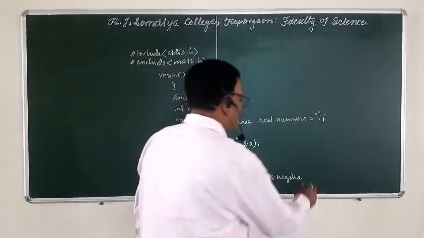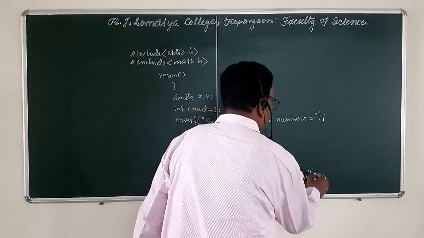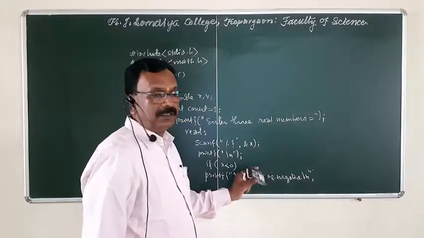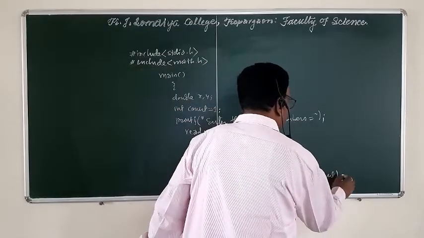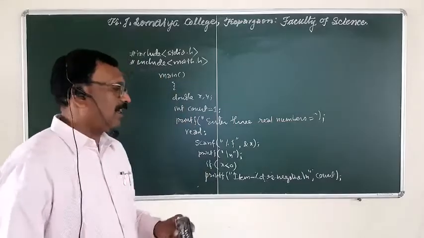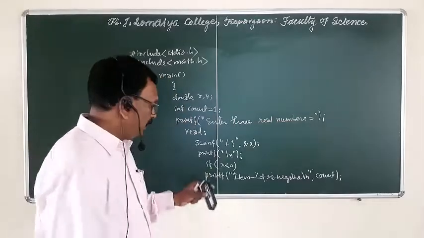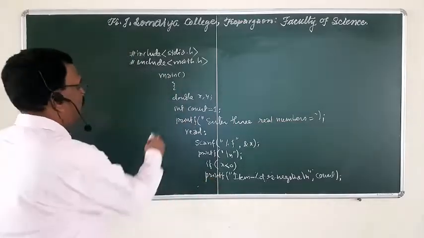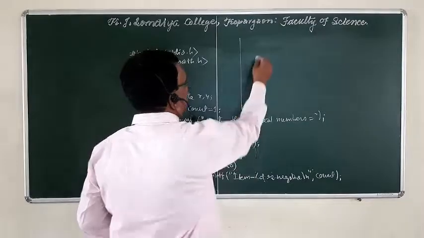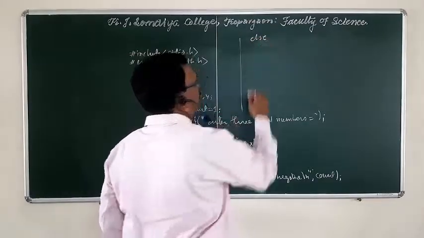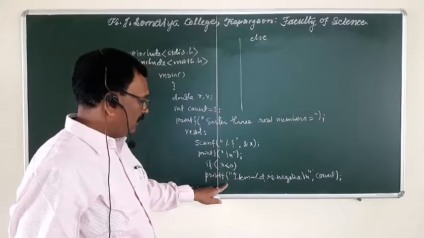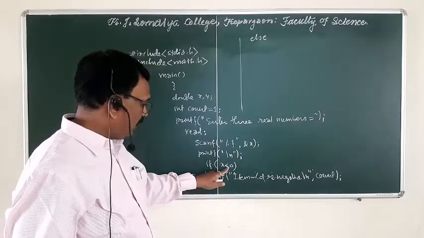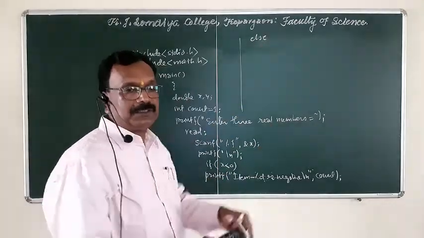We are going to display this on the screen. What do we want to display? The count. We are going to display this by the statement count. If this is not the case, then the remaining part here, else. Here we are going to use if else. If this condition is true, then execute this. When the condition is false, then execute this.